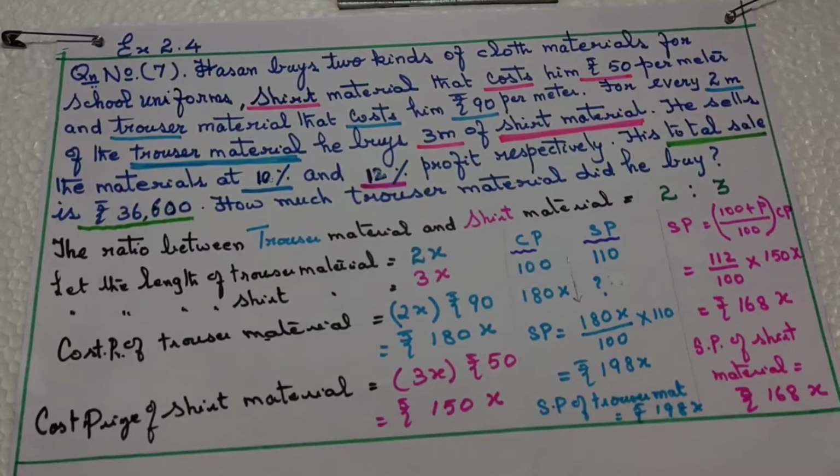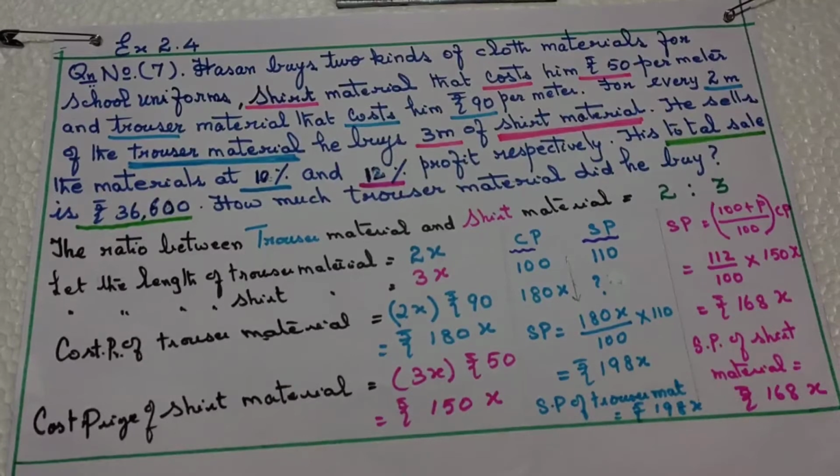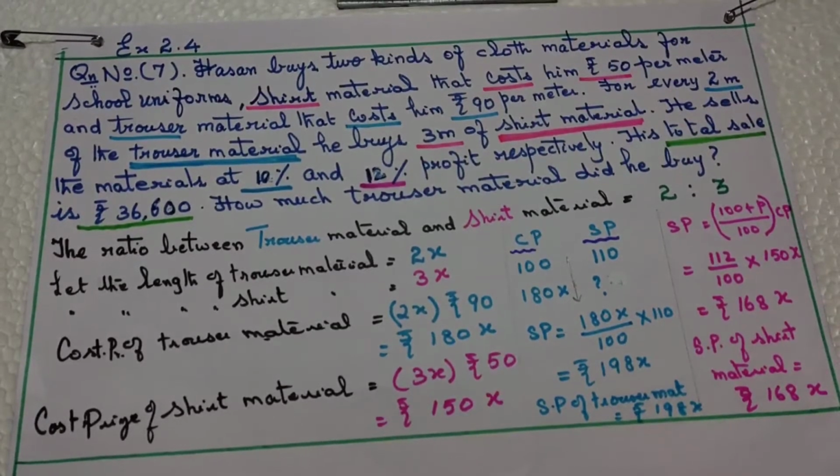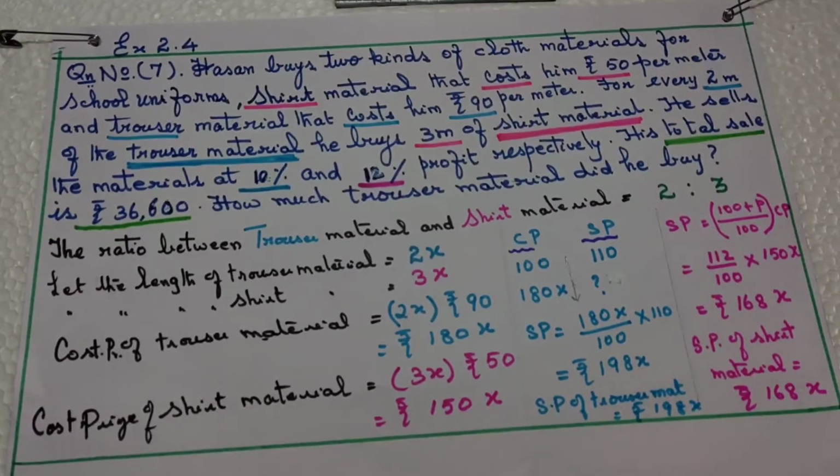We all are familiar with the variation method and formula method. Now, for your sake, I am doing both the methods here. One I am solving with variation, the other one I am solving with formula method. You can follow any one of the methods for both, or you can do it as I did it. Okay, now